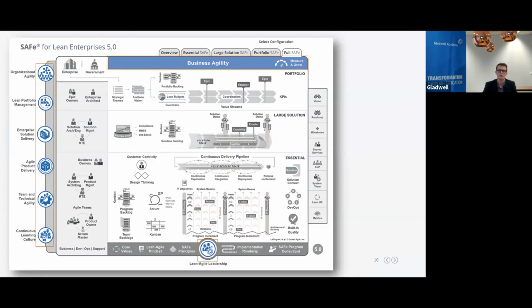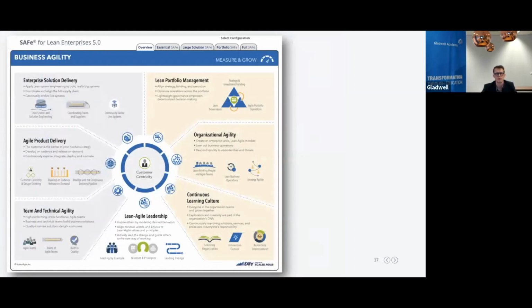How to achieve that? Basically, we have these competencies. We already learned about competencies in 4.6. Some are new, some are a bit changed, but globally on the left side you can neatly see six competencies, and the one in the center below is still there. It's about Lean-Agile leadership. You need these competencies to make it all work. To learn more about these competencies, you can go to the overview tab that you see at the top here. Now we see the full SAFe picture. If you click on overview, you go to this beautiful picture, which is the overview of SAFe. Basically, this is what you need to achieve business agility.